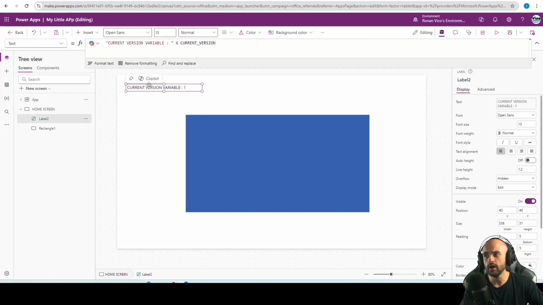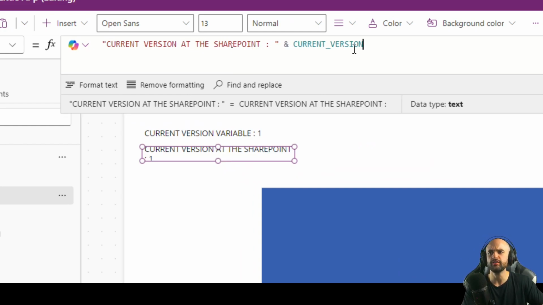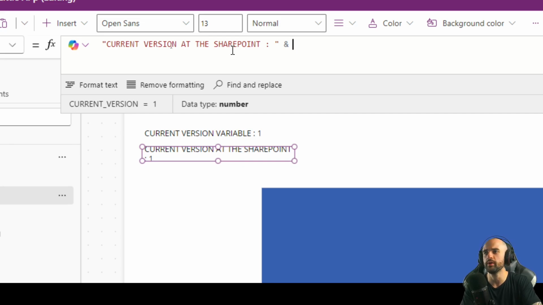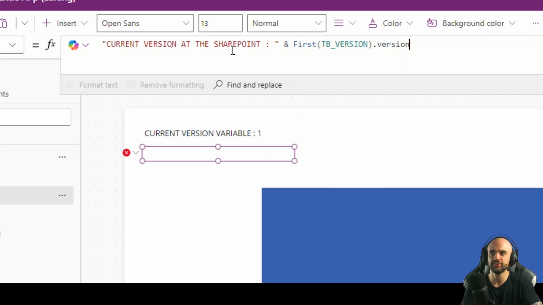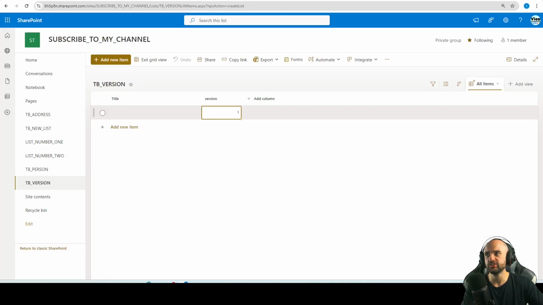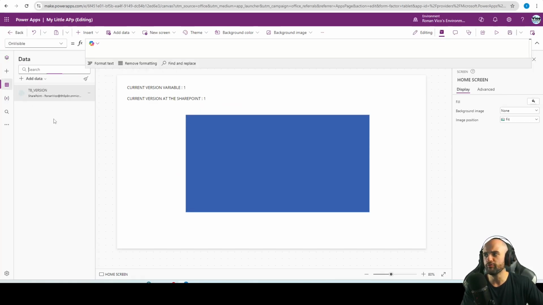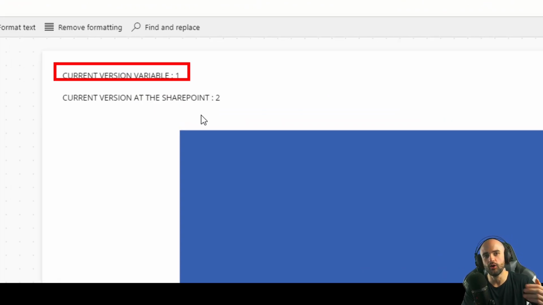And down below I will have the current version at the SharePoint, which will be First(TB version).version. Here it is. Both of them are the number 1. But if I change to number 2 at the SharePoint and refresh, we're going to see that the current version on the OnStart is different from the current version at the SharePoint. So here's the moment that we should